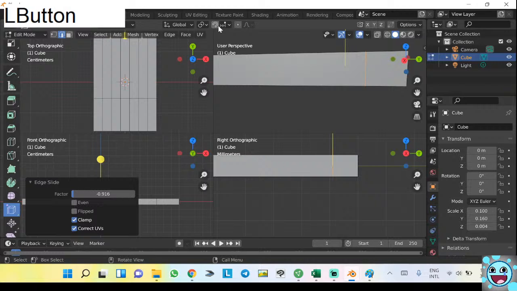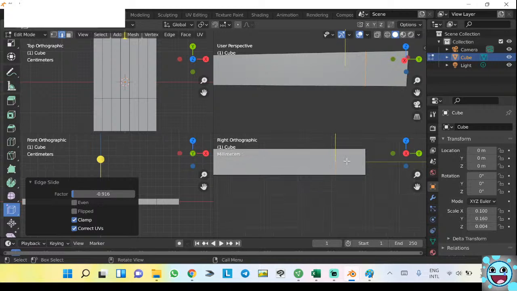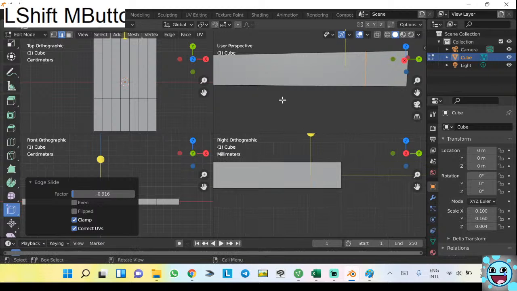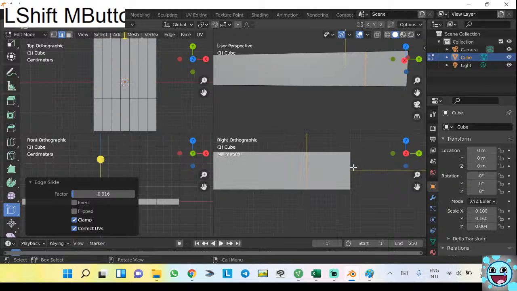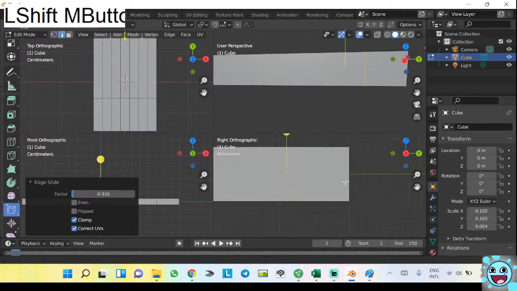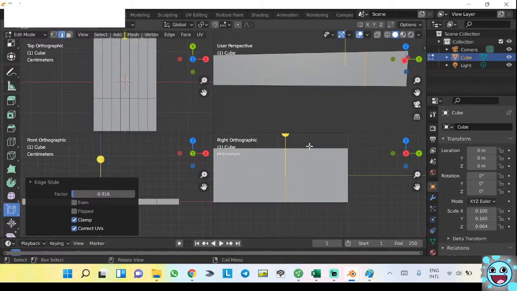Oh yeah, we can also enable snapping and proportional editing, but we will do it later. Snapping means that whatever edit you make, it will snap to a certain size. For example, we have these little grid lines here. 1, 2, 3, 4, 5, 6, 7, 8. And this is 1, 2, 3, 4, 5, 6, 7, 8, 9. This is not symmetrical. So what we are going to do here is we make it symmetrical by